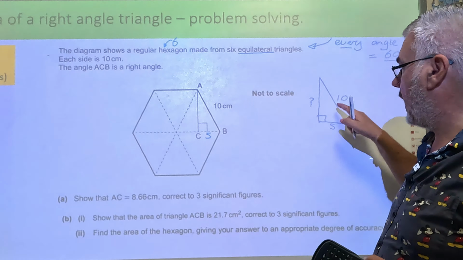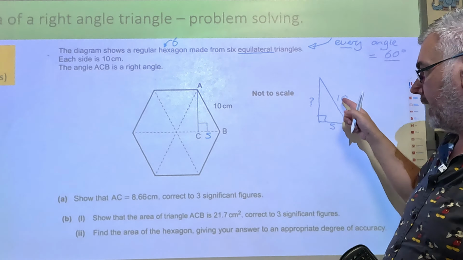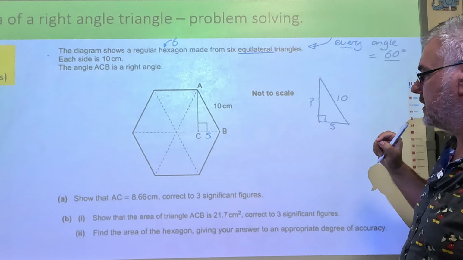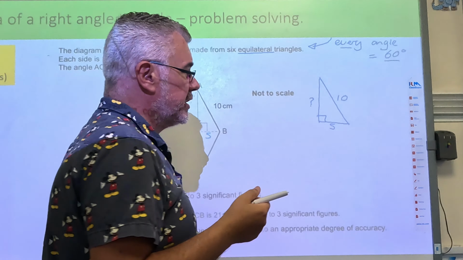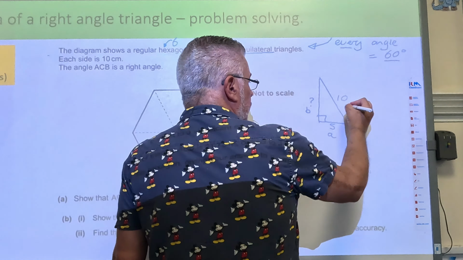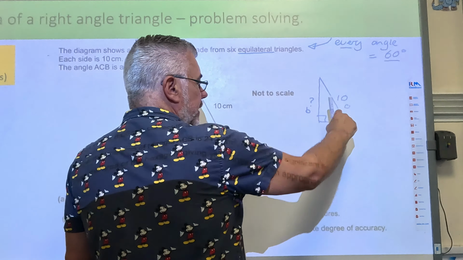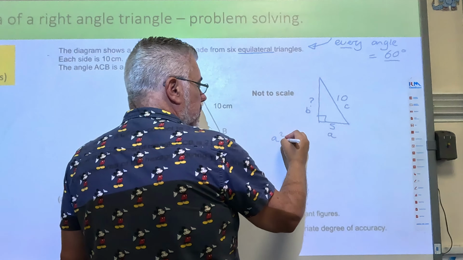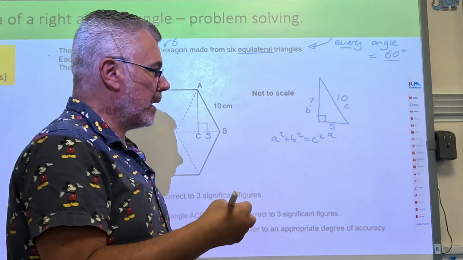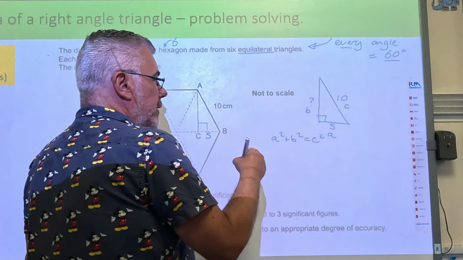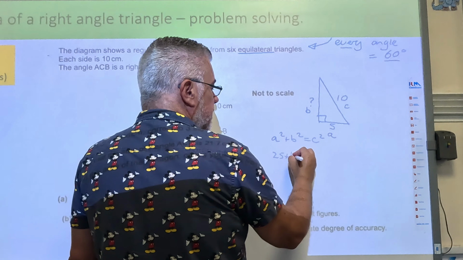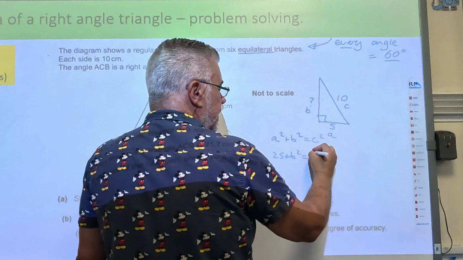If I've got a right angle triangle and I've got 2 sides, the most sensible thing to use is Pythagoras theorem. It depends how your teacher has shown you, but I'm going to call these length A, length B, and length C. A squared plus B squared has to be equal to C squared. That's Pythagoras theorem. A squared, 25, plus B squared equals 10 squared,